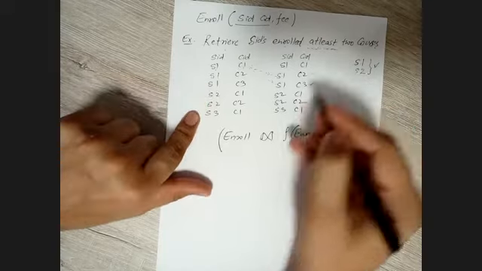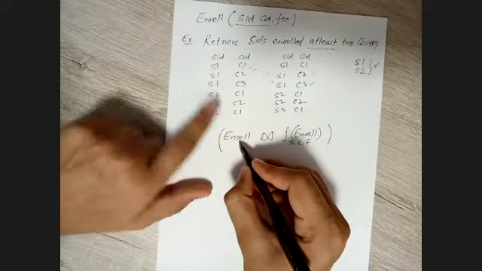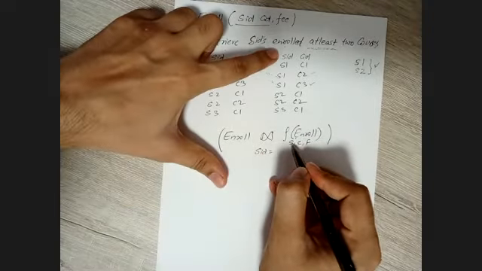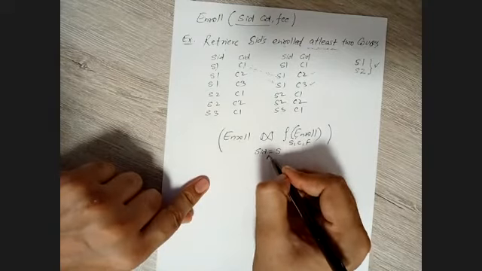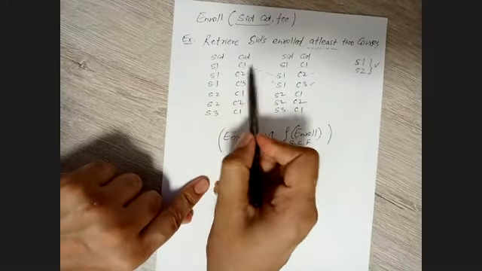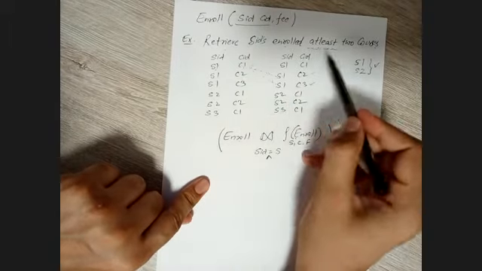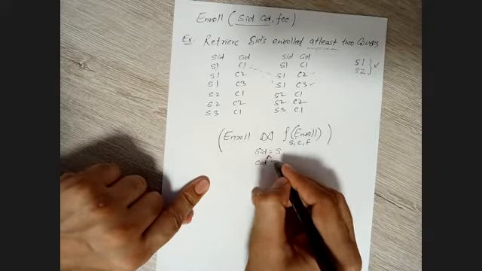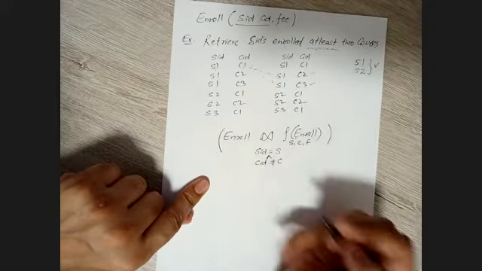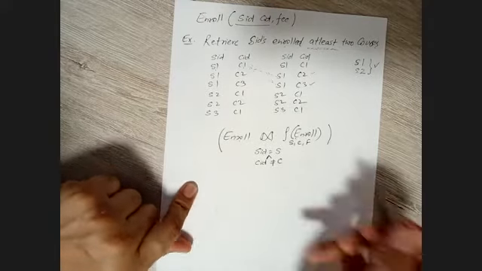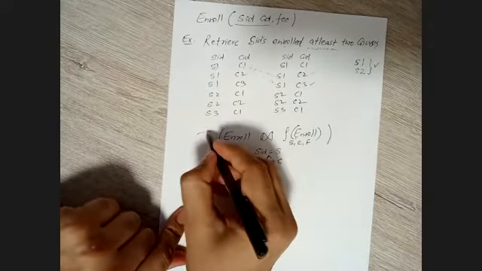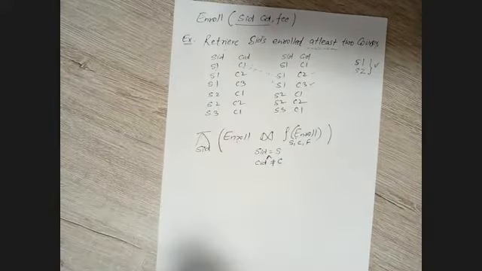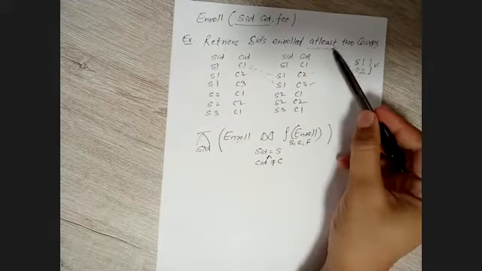In this way, from the enroll table, I am doing SID equals S, because of the rename operator. And the other condition is that CID should be different, obviously. Only then will we be able to identify the different courses. So CID should not be equal to C here. Then whatever I get from here, I simply project SIDs from enroll. This is the way we write the condition when we have the at least operator.